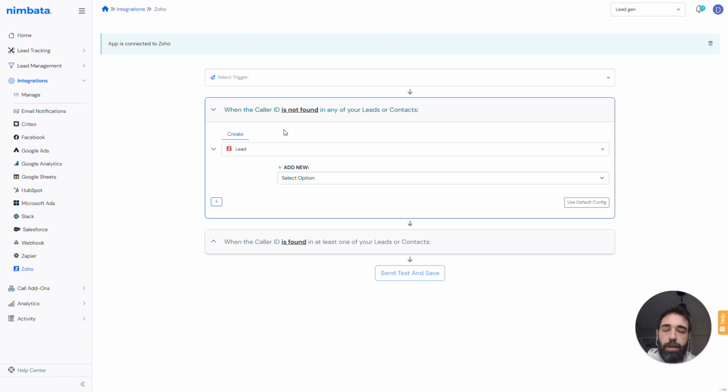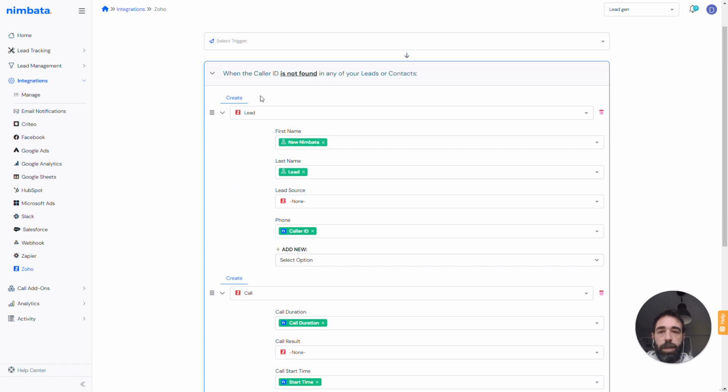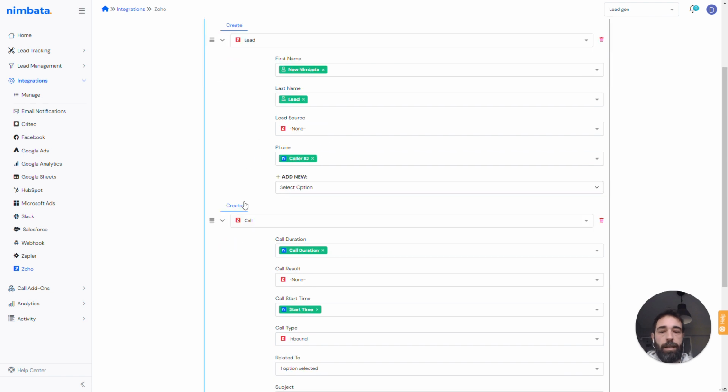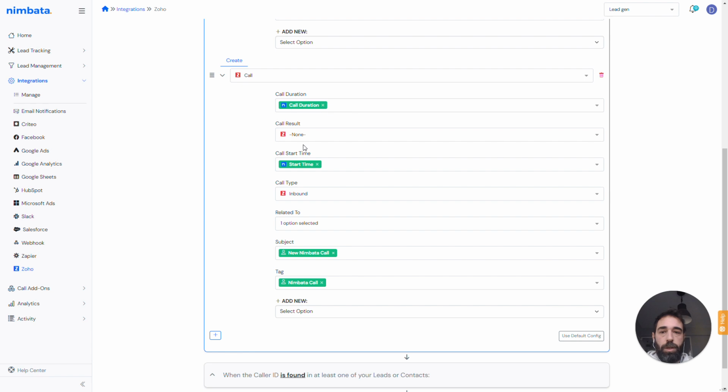I highly suggest that you start with the use default config button, which is something that we suggest as an out-of-the-box setup. And what this does is whenever a call ID is not found, it creates a lead, giving it a first name, new Nimbata, and last name lead. Plus, on the phone, it gets the data from the caller ID and assigns that and creates it as a lead, and then also creates a call under that lead with a call duration, the call start type, a subject,